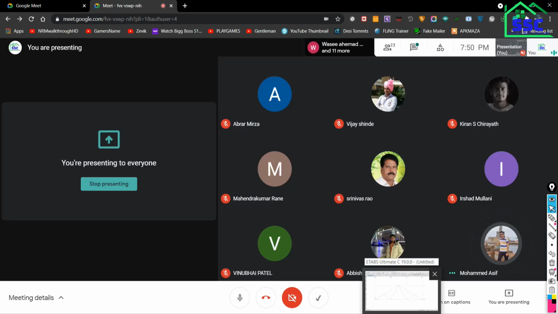Whenever you are opening the file, you need to look at all the definitions, all the load patterns and all the load combinations, and verify once that everything is as per your requirement.